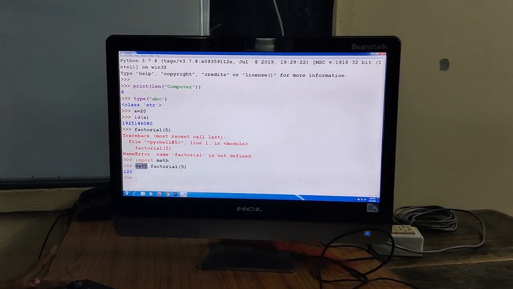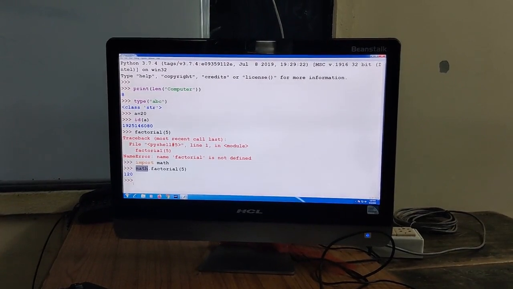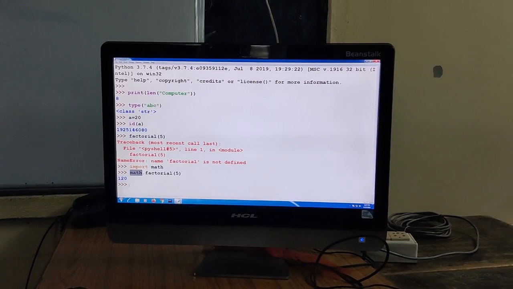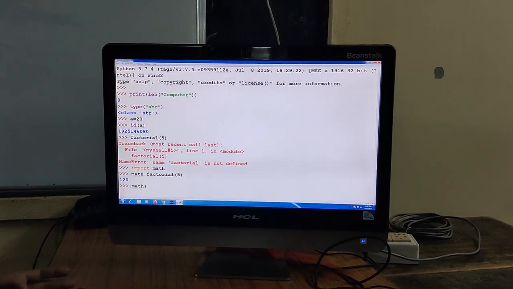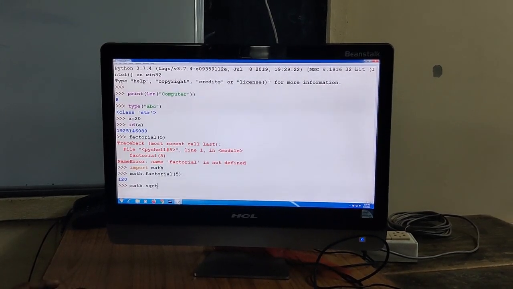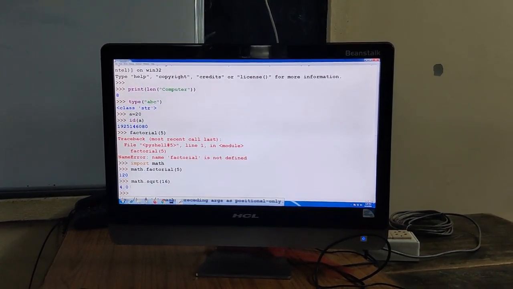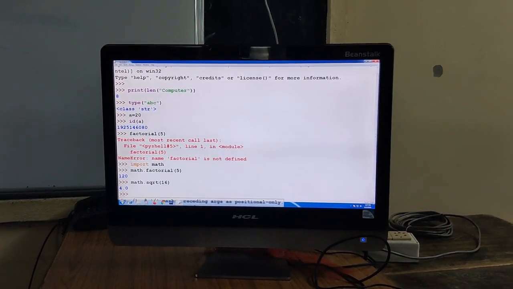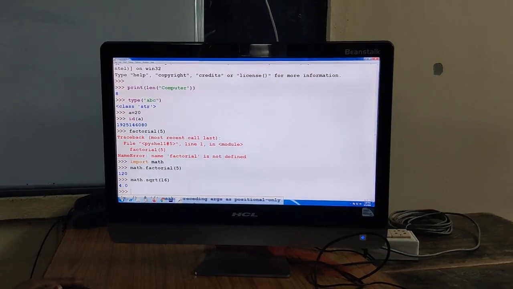So in this way you can use the functions inside a module, like the random function, randint function, square root function, all the functions. Here you can just use the square root function. So square root of math dot sqrt of 16. Now you can see that the result is 4.0. So students, in this way we can use the functions which are available in a module. Now we will discuss the third one, that is user defined function.